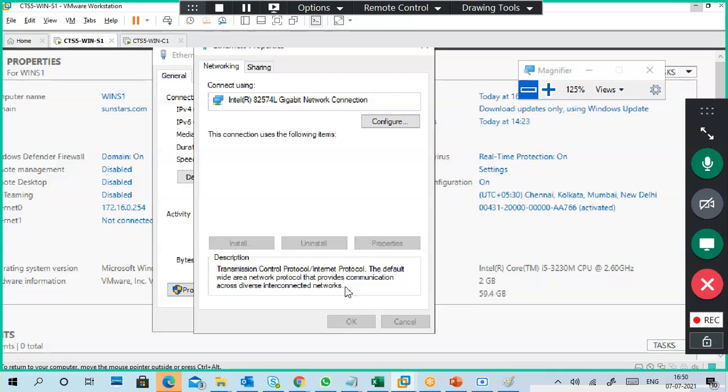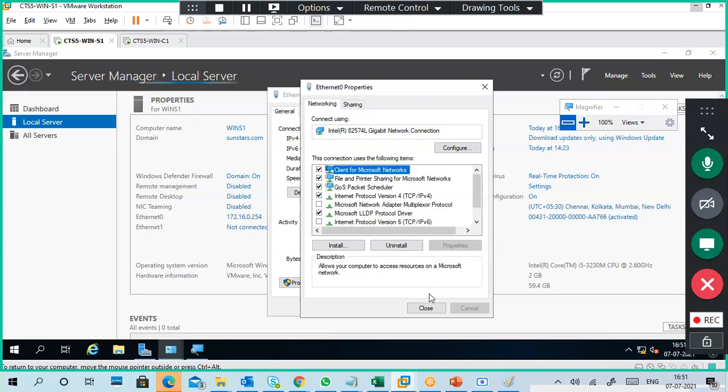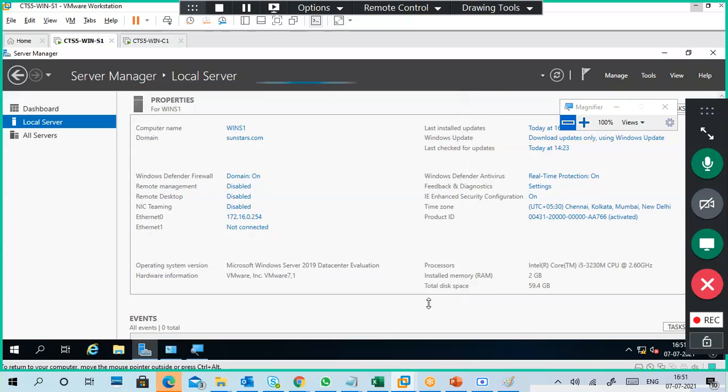What is happening? Have to click OK, but it is something. Close.